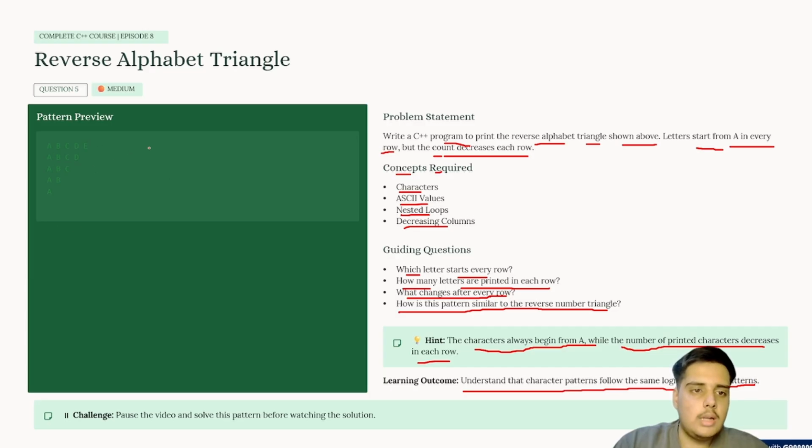So if you can't see, I will show you by typing here also. It's A, B, C, D, E. Here C, another B below.